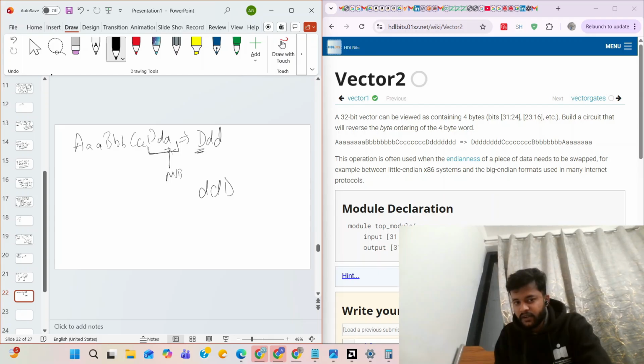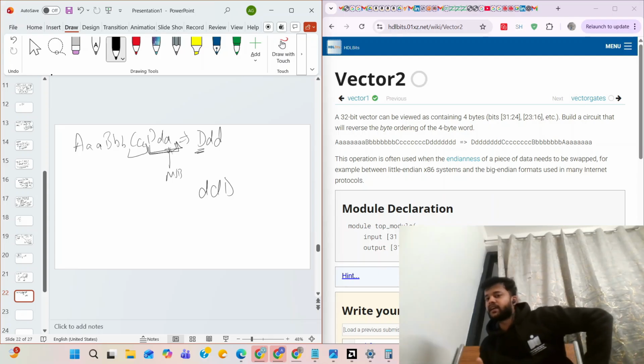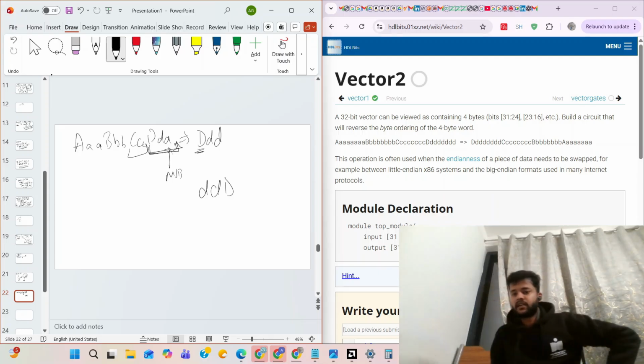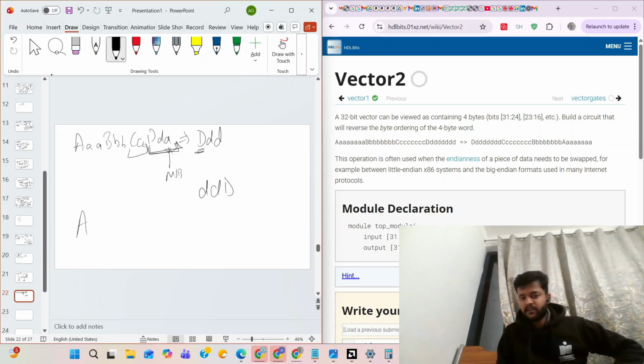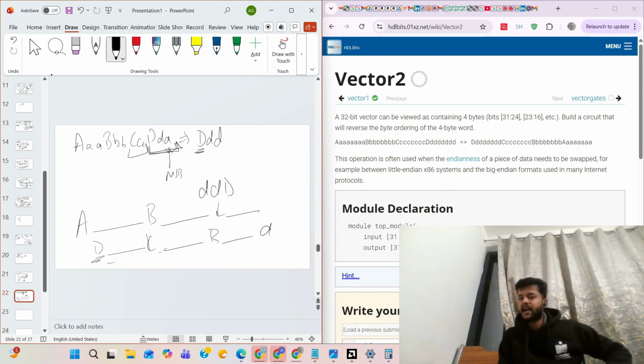The pattern should not break. First one is capital, then small. They are writing D, C, B, A like that, but the pattern should be the same. So how will we do this?